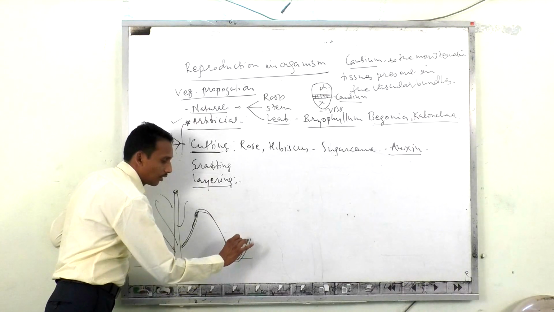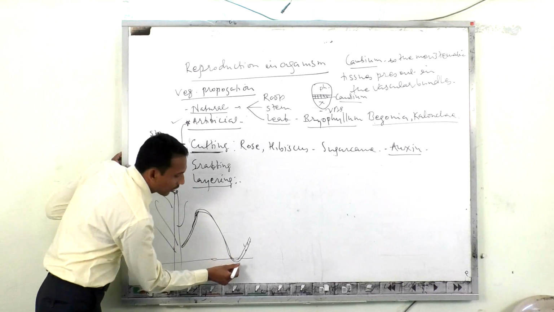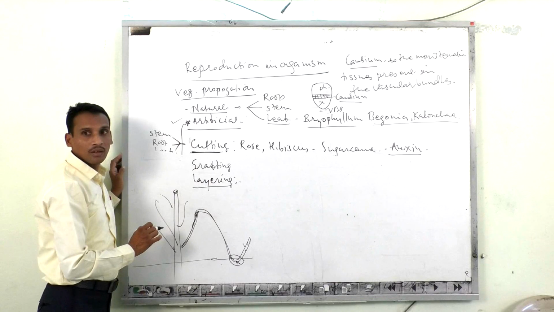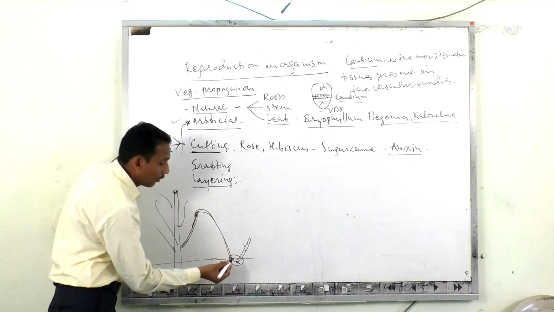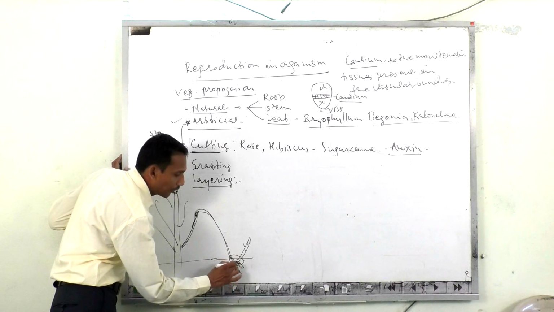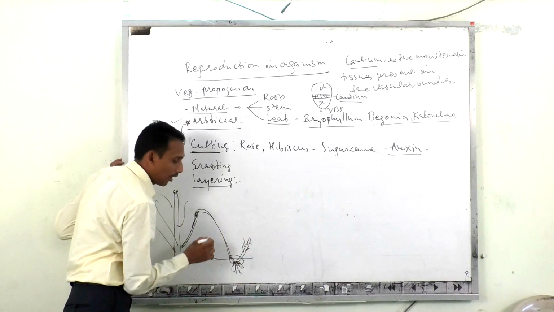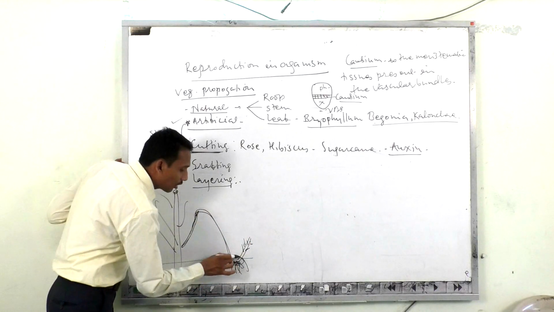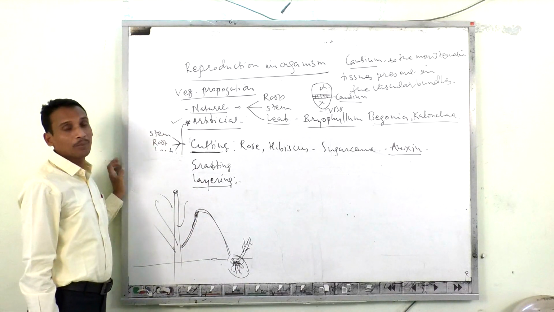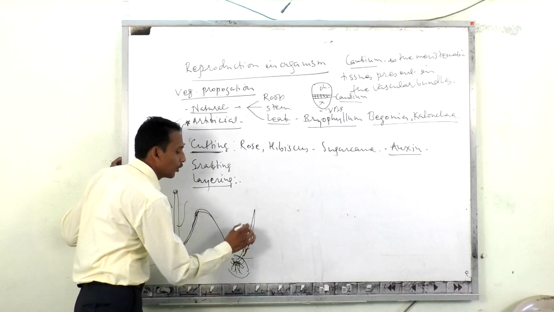That particular branch gets buried inside the soil to some extent, leaving its shoot above the ground. You have to make some injury here, and this portion gets buried within the soil. After some days, from that injured portion, there should be a formation of new adventitious roots, and this branch still remains alive. Then once new adventitious roots have formed, you simply cut that portion from the parent plant, and this new plant grows as a new individual.